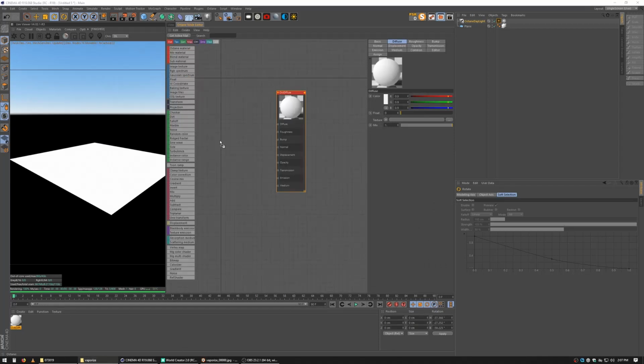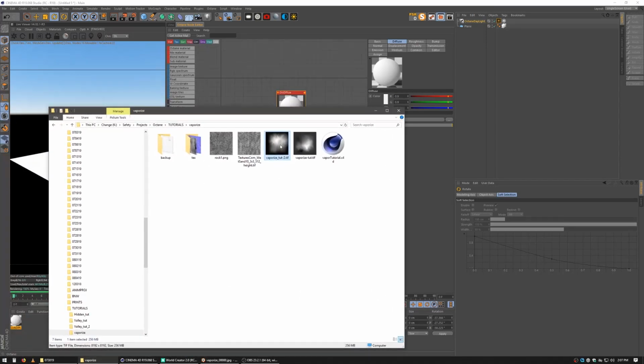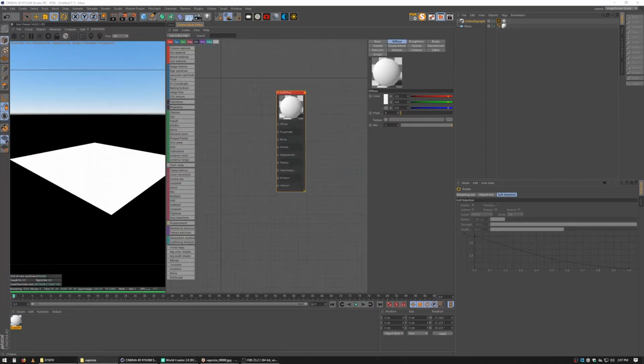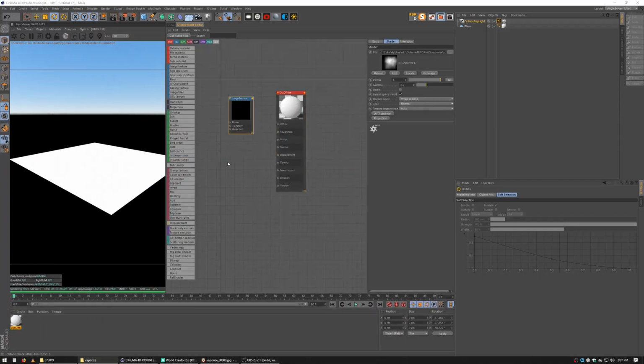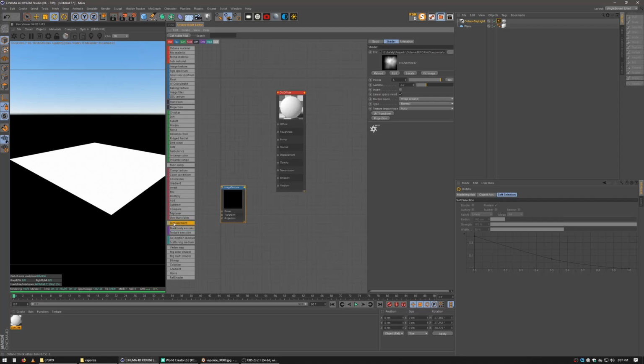So here's our plane, and what I'm going to do is get the mountain that we just made. I'll show you the folder. We have a TIFF file now, and it's black and white, and we're just going to drop it into the Octane node editor. And did it come in? There it is. And I'll take a displacement and apply it to the displacement, and then I'm going to plug in my